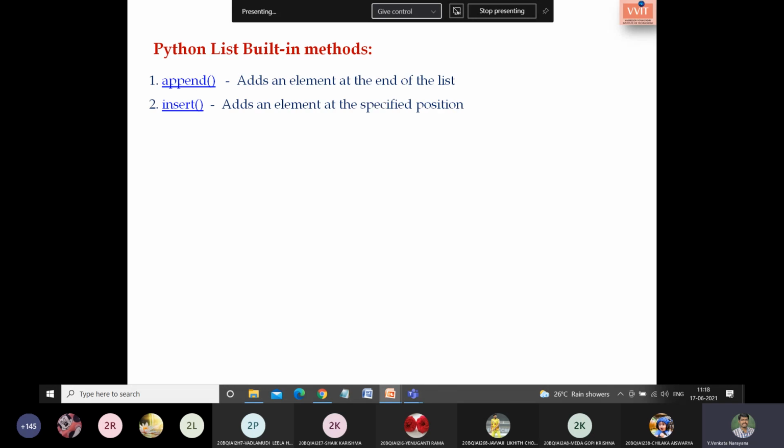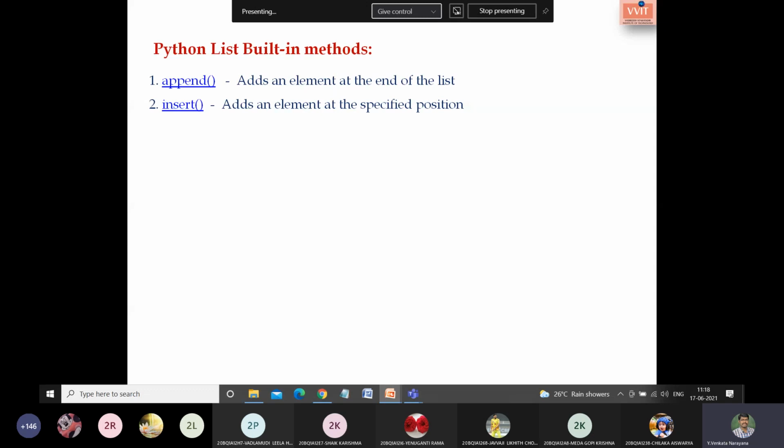And the next function we have is insert. This is also a function which is used to add an element at a specified position. In the previous classes, somebody asked whether it is possible to add an element at a specified position. Yes, it is possible, by using the insert function.